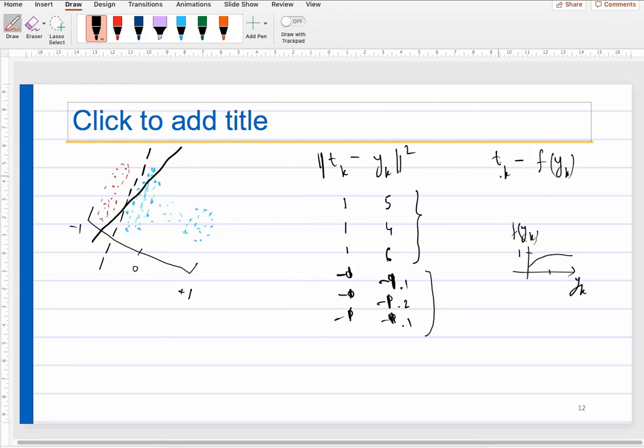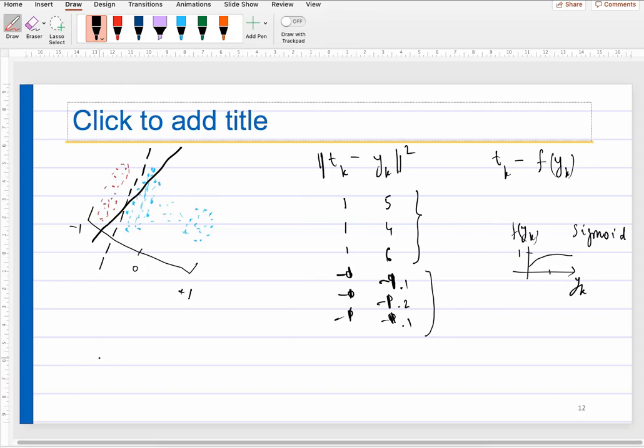If you are using tk as 0 and 1, then this is a good option. But if you are using tk as -1 and +1, then you have to do some scaling, for which you can also use a hyperbolic tangent function, which lies between -1 and +1, but looks similar to a sigmoid function. Why can't we just use the sign function that just looks at the sign, +1 or -1? Yes, okay, let us come back to that.